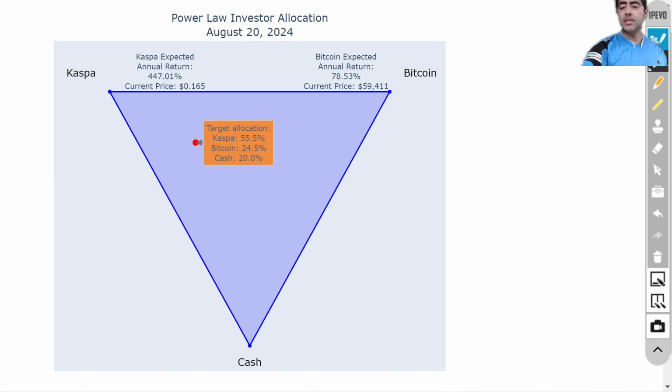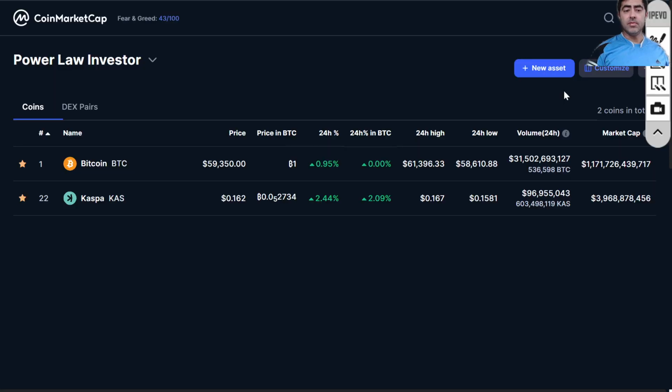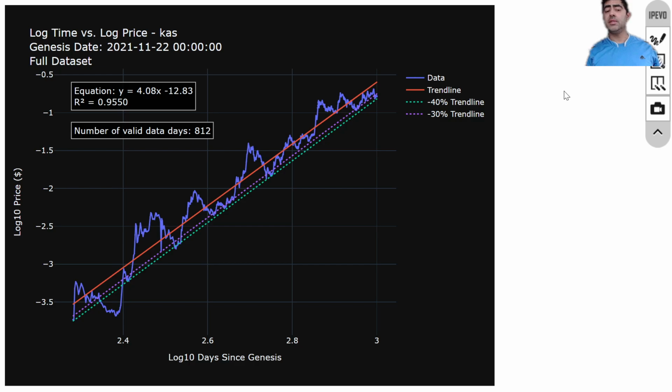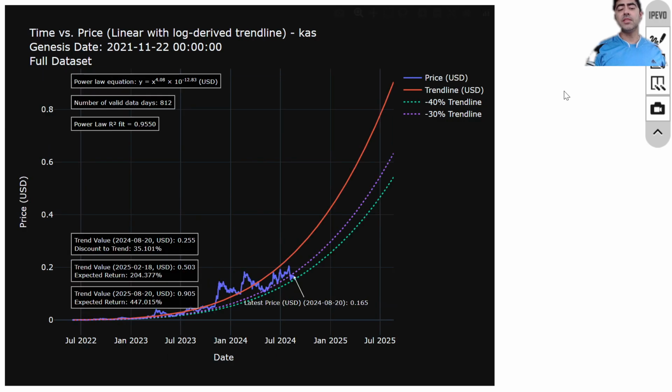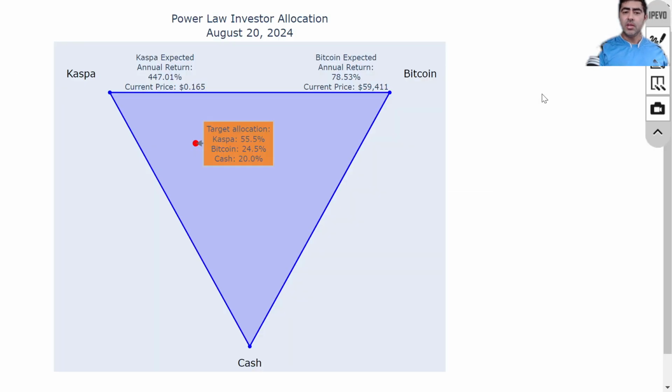And this is where the reliability comes in again, because we're just not as sure about the validity of the Kaspa power law, because we only have 812 days of data versus 5,000 plus days of data for Bitcoin. However, it is a rather compelling opportunity. And with this in mind, I've developed a way to incorporate both the risk and reward of investing in Kaspa versus Bitcoin versus being in cash, how confident I am, and what the opportunity is. And that leads us to this algorithmically derived Kaspa power law triangle over here, which you can see.